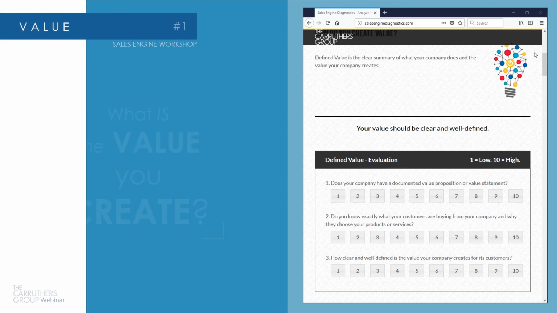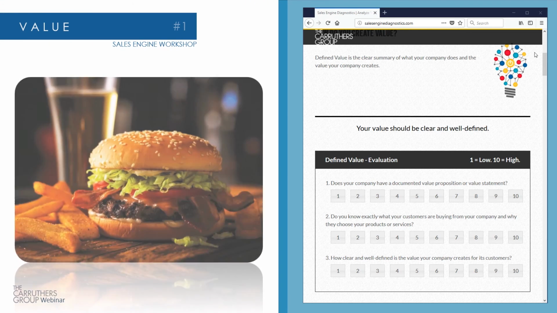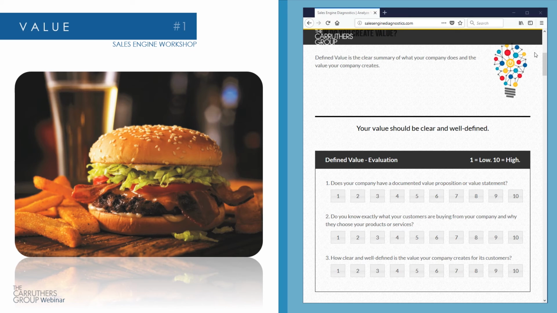Let's imagine we have a restaurant, and our restaurant makes really great hamburgers. And I talk to you as the founder, and I say, "What type of value do you create?" And you go, "We create the best bacon hamburgers in the world." I said, "Really? Tell me about it." And you're like, "Walk into my restaurant, you smell the bacon, and if you look around at anybody eating, they've got huge smiles on their face, but we know how to take all types of bacon and all types of hamburgers and all types of ingredients and mush them all together to make the best bacon cheeseburgers in the world." Okay, I'm really clear about your value. It's about bacon and hamburgers together, living in harmony, right?